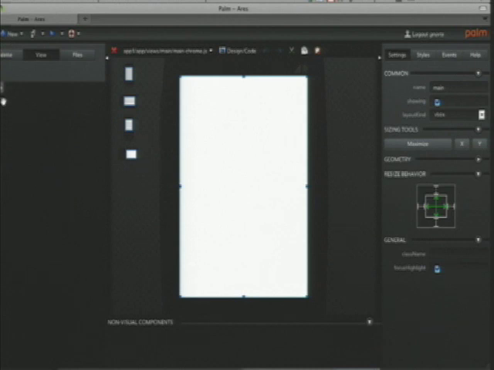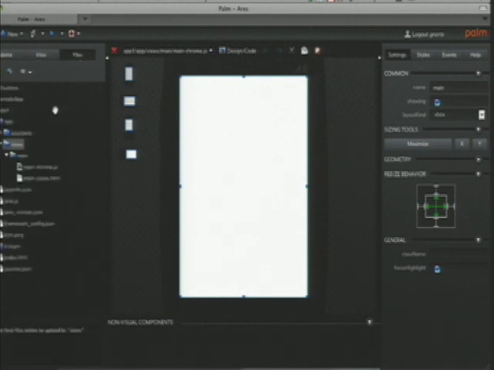We have a hierarchical view of the scene that I'm editing right now, which right now is empty, so there's not much to look at. And then we have this file view, which I was showing you. The interesting thing to note here is that